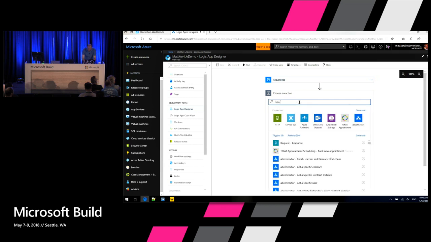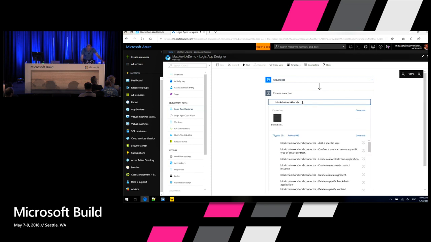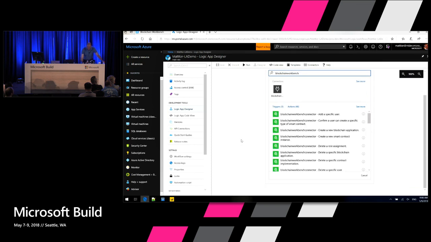Blockchain Workbench, I think we said. Is that it? Yeah, okay, so Blockchain Workbench connector. So I've added a connector, which basically here surfaces the REST API that exists in Workbench. So if I have some off-chain process over here that needs to drive activity on the blockchain, well, I'll just wire it up with this connector, and then boom, it calls that REST API. And if you prefer messaging, you can do that as well. You can send a Service Bus.